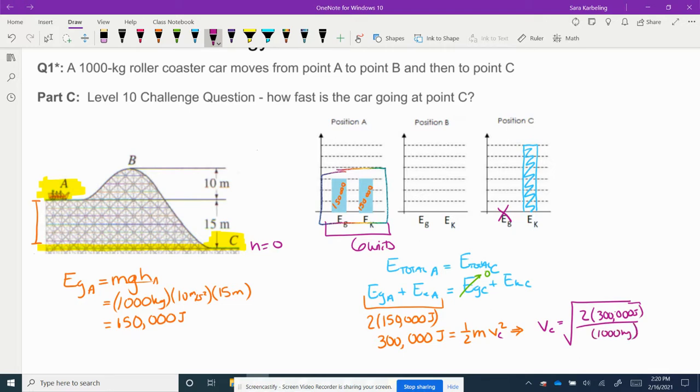Doing some quick multiplication, 2 times 300,000 divided by 1,000 is 600. I'm going to take the square root of that answer, and I get about 24.5